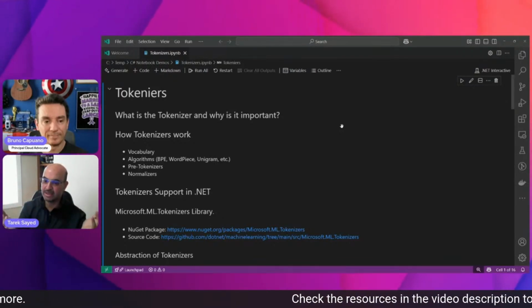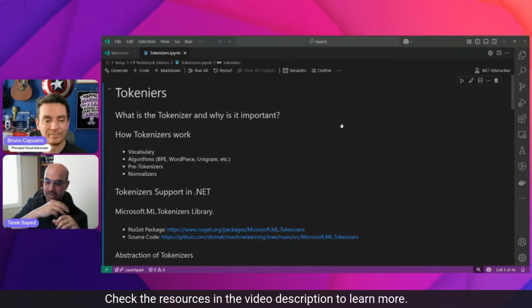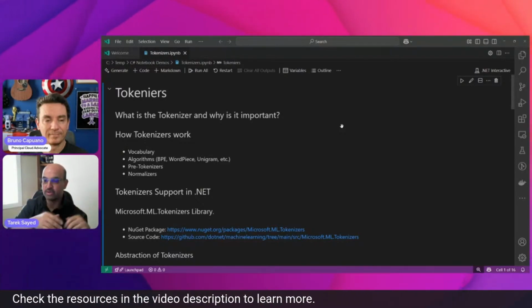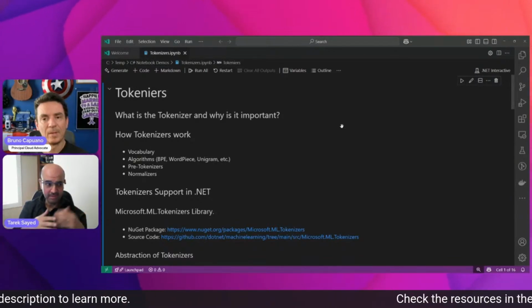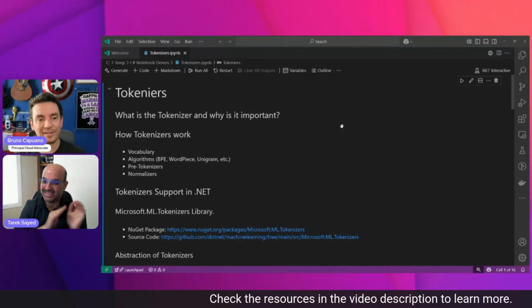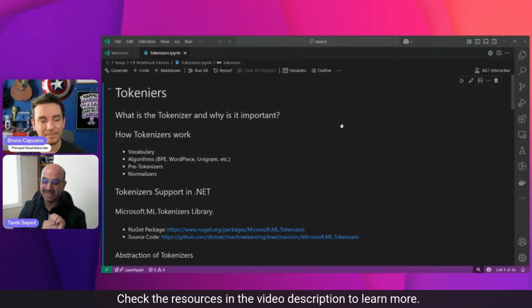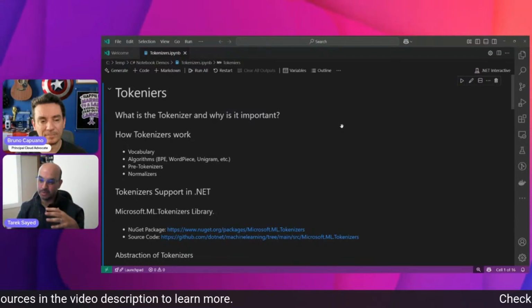It has to convert strings or raw text into tokens and feed them to the language model. This is why it's really important in many scenarios. Sometimes language models wrap the tokenizer inside their operation.